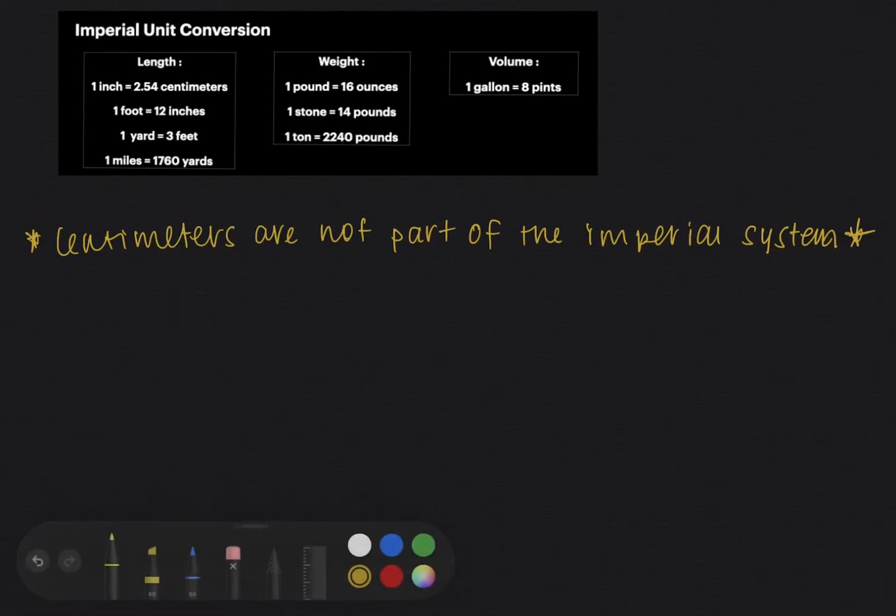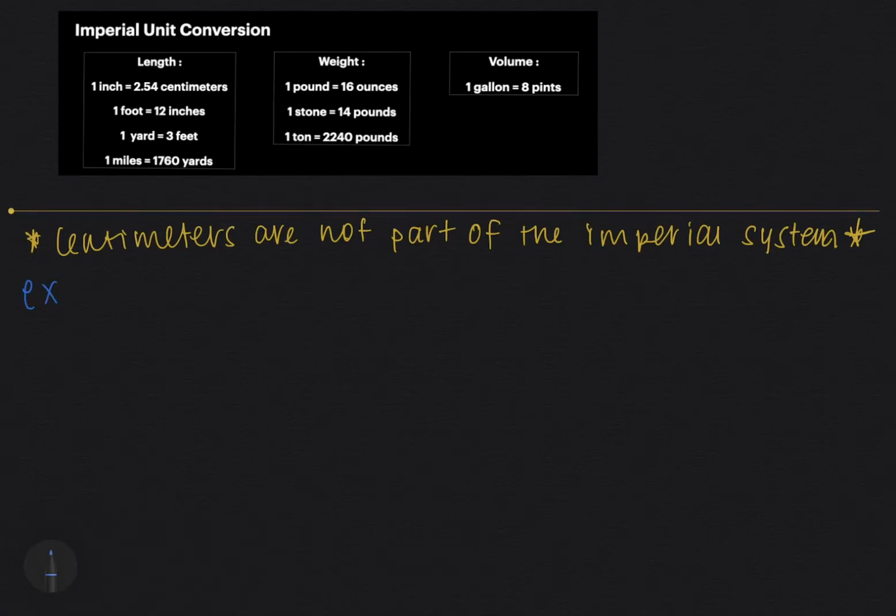I'm going to just change the pen color. Example 1 will be blue. So we're going to say example 1. And for example 1, we are going to be asking how many inches are in a mile. Okay, now looking at our chart, we know that in a mile we have 1,760 yards,